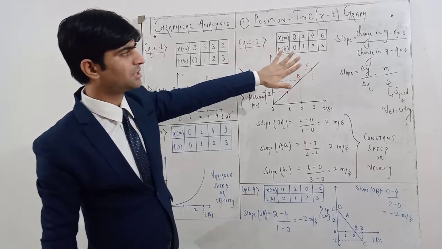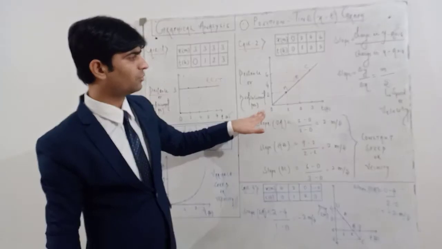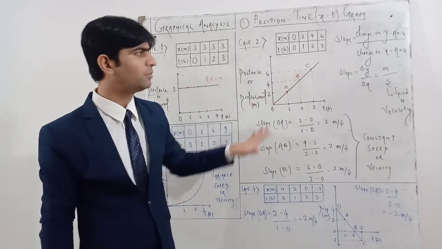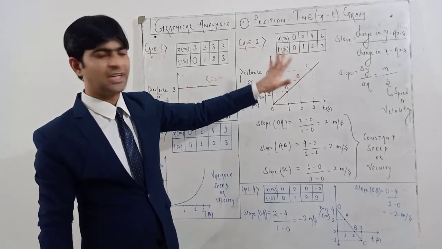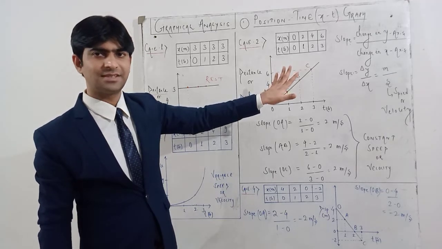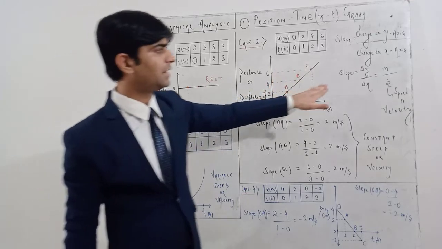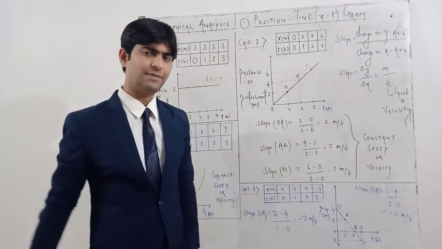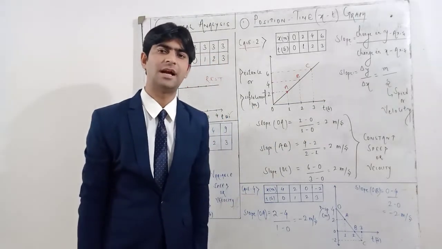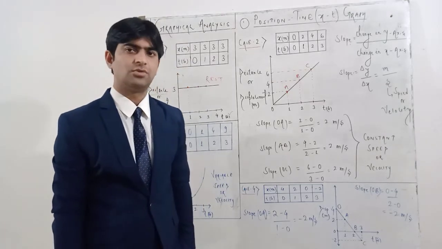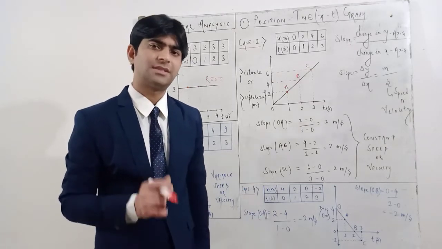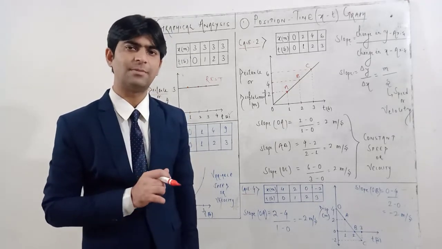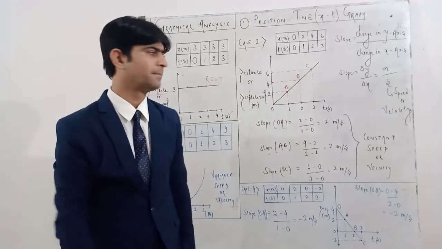Okay, so this is the concept of slope. We will calculate the slope of this straight line, and we will see how to calculate slope. Slope is the change in y-axis upon change in x-axis. This is the general formula. If you find out the SI unit, it comes to meter per second, the unit for speed and velocity. So the slope of a distance time graph gives speed, and the slope of a displacement time graph gives velocity.